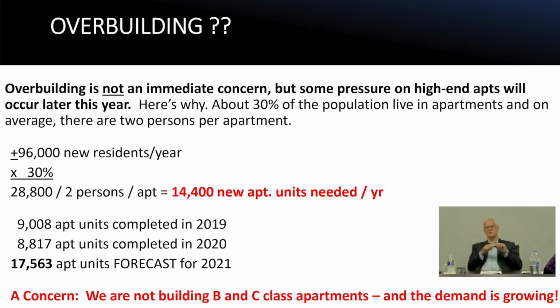If you have 96,000 people coming in per year, and these are rough numbers, they're not correct numbers, they're just a ballpark number. If you say 30% of the population live in apartments, maybe 2 people per apartment, you need about 14,000 new apartments per year. Is that a correct number? No, but it's a ballpark number. Again, we've had 8,000 or 9,000 units completed per year,